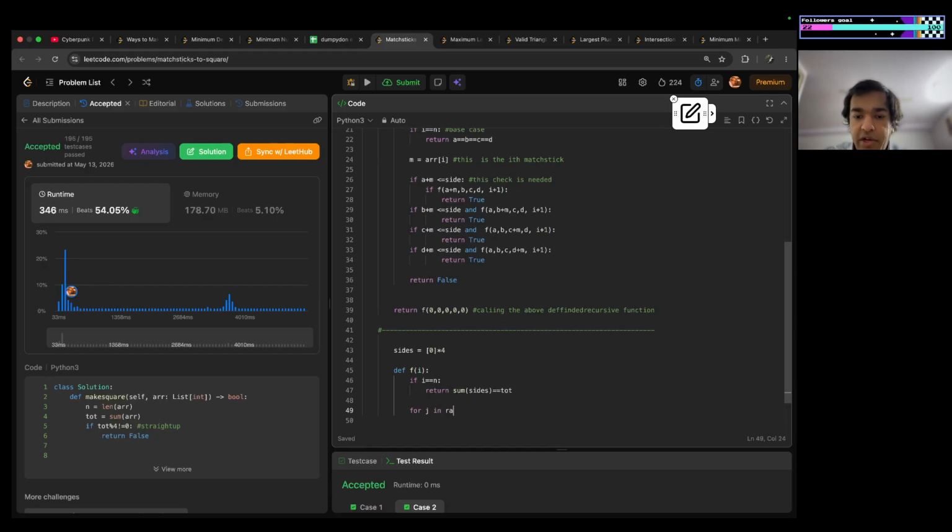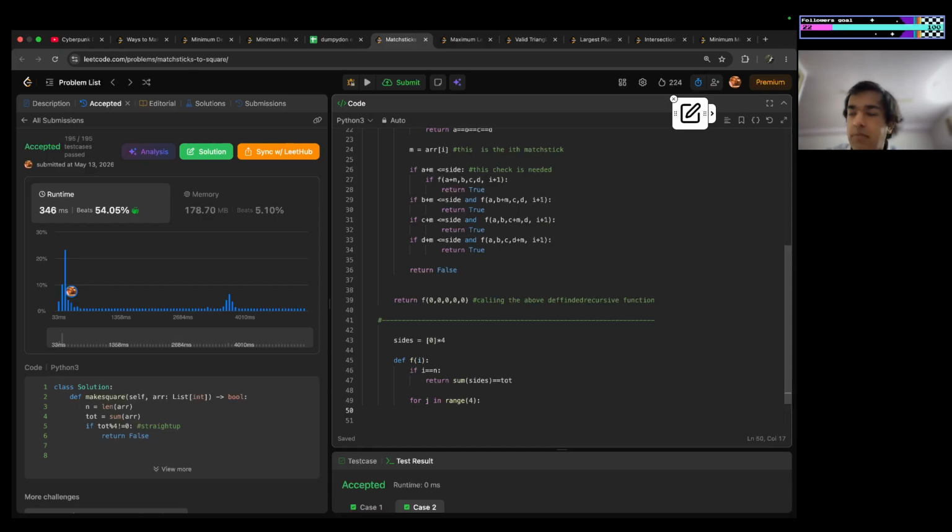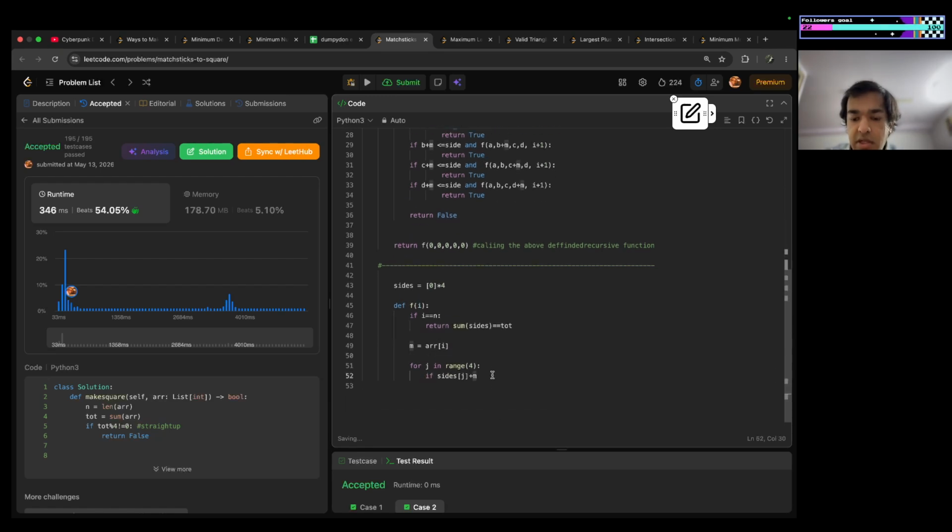For j in range 4, if sides of j plus the array of i, that is the matchstick, is less than or equal to side,